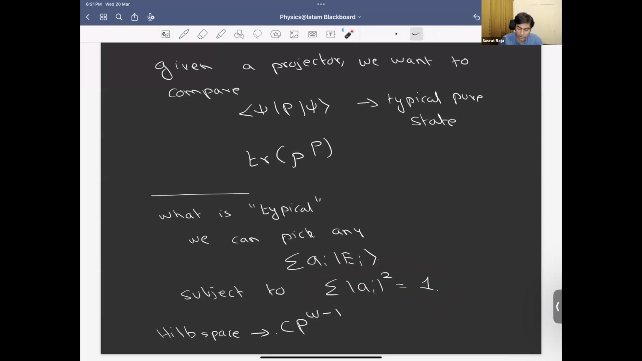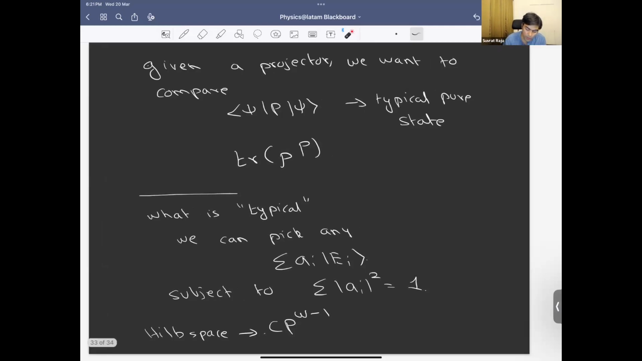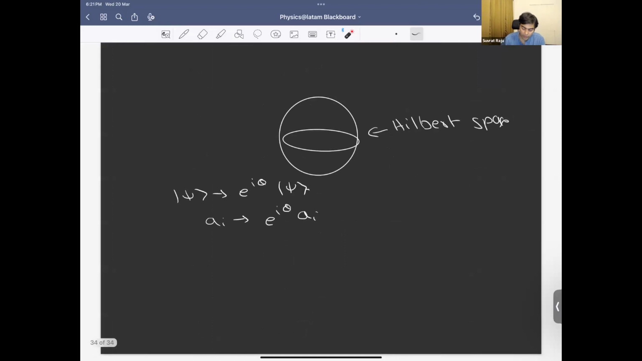Or alternately stated, you give me a set of arbitrary complex numbers, and the set of distinct states are those which cannot be identified by a_i going to z a_i. That's why it's CP^(W-1). Is that clear? I hope it's clear why it's CP^(W-1). Okay. So the question we want to ask is, we pick a point,